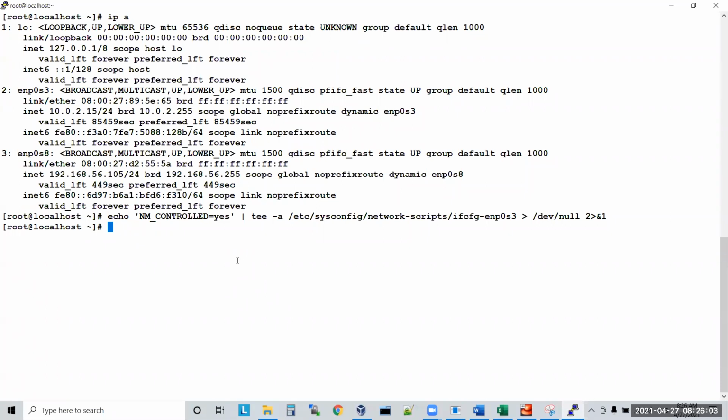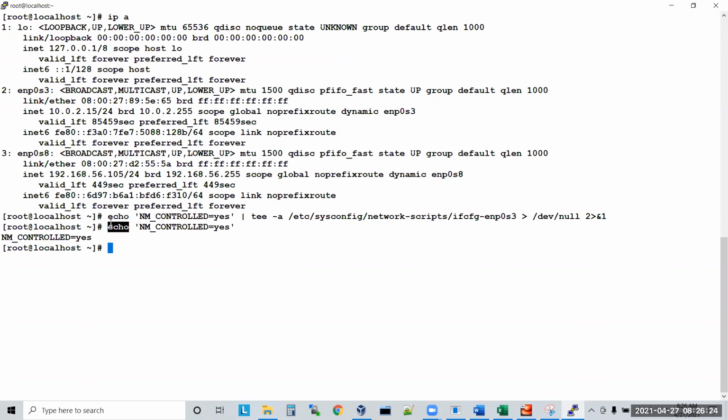So what will this echo command do? It will write content. Whatever you put in single quotes, that will be printed here.